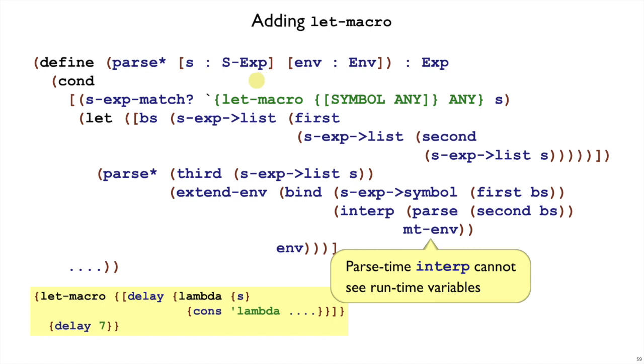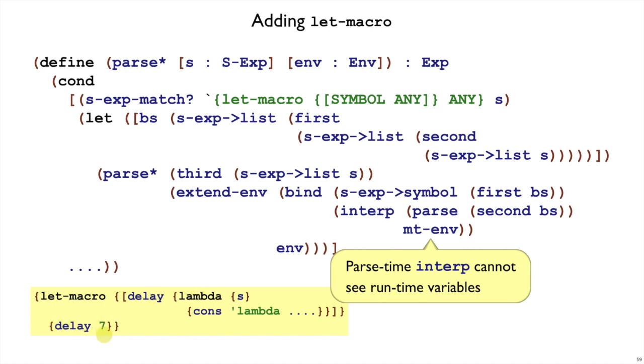Those will only exist at runtime, which is later. So it can only refer to variables that it creates inside of itself, right? That's why we start with the empty environment here, and that enforces a separation between parse and interp that makes everything work out. So now that the let macro has bound delay to one of these forms,